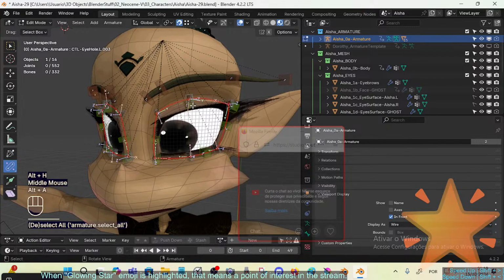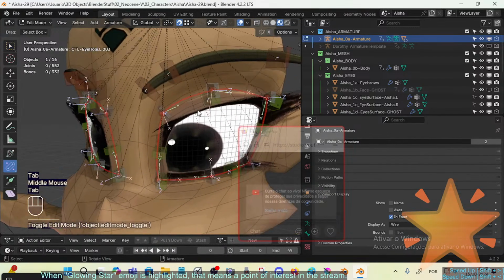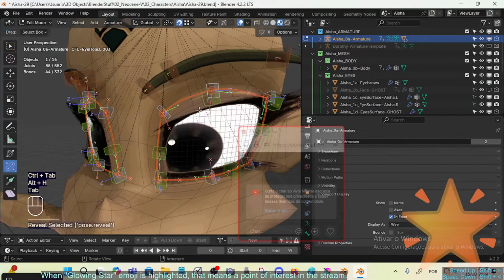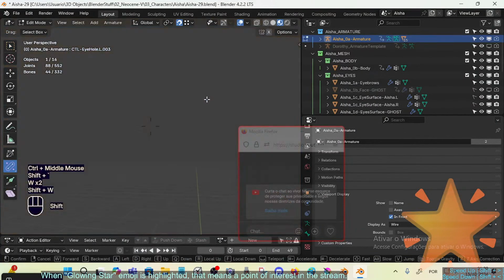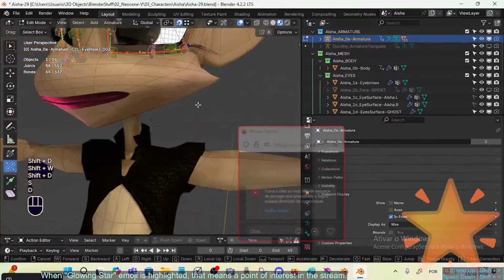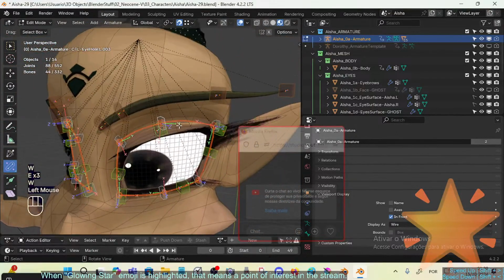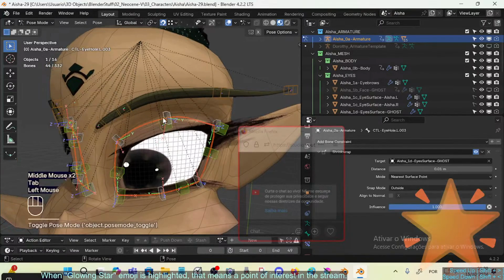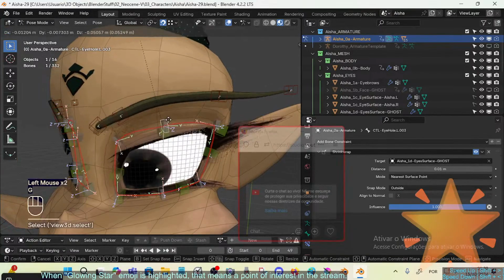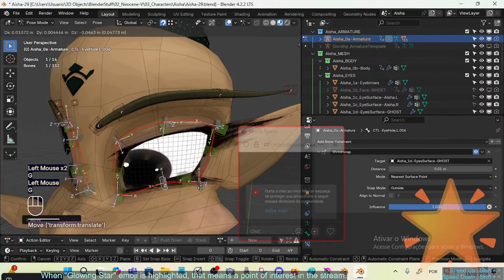There. They were hidden on pose mode, and that's why they were hidden also on object mode. They didn't show. Alright, so that means that now all these bones have this on one side, so I need